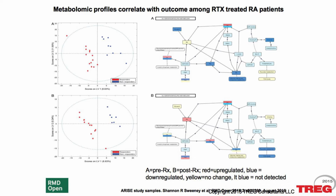But I think this is an area that we've ignored for a long time, and we're seeing much more interest in now, specifically because the technology has caught up so that you can do these kinds of analyses easily on a lot of samples, as we've been able to do pretty rigorously for protein samples for some time now. Okay, so